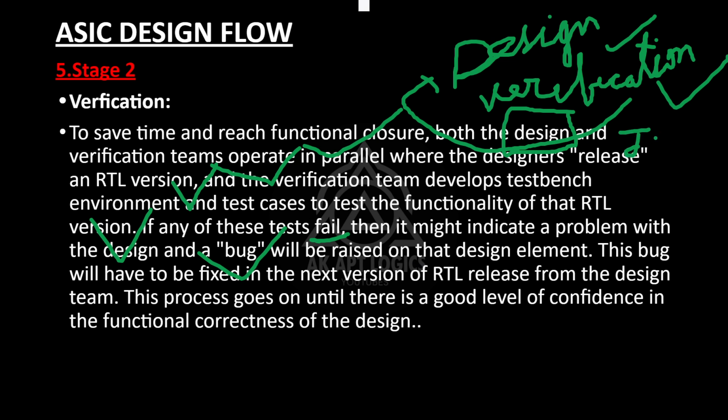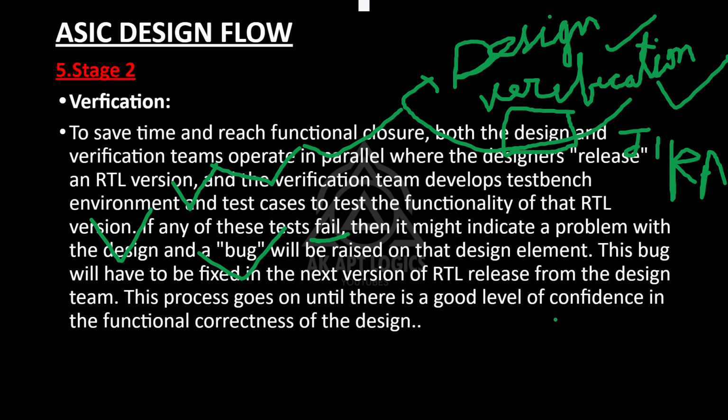Jira will be there. Using this, the verification engineer will raise a ticket to the design engineer. Then the design engineer will check whether the code is wrong. If the code is wrong, we have to change it, and the engineer will change it and send it again to the verification engineer. The verification engineer verifies that code again, and if there is no error, it goes to the next process. Otherwise, if there is any error, he again raises a ticket to the design engineer, and the design